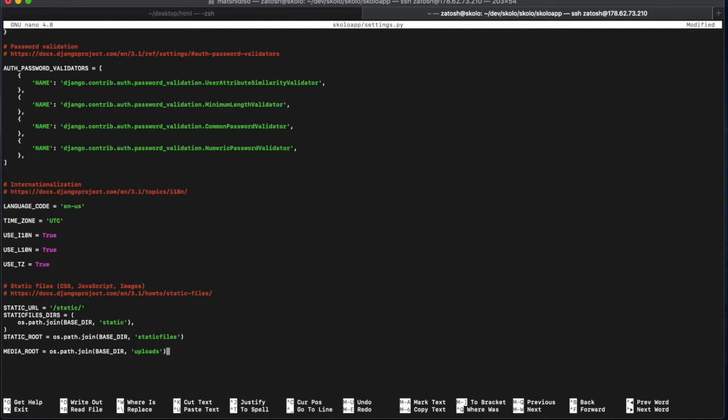Then after that, we need to specify the media URL. The media URL is simple. The media URL is like from the outside looking in. If, for example, I wanted to have a path directly to that media file, where should that path go? I'm going to choose uploads as well. So what this will do is that whatever file I kept in there, let's say I saved under uploads a file called